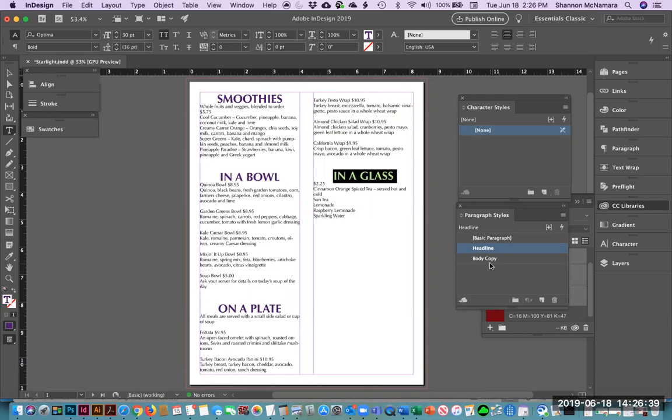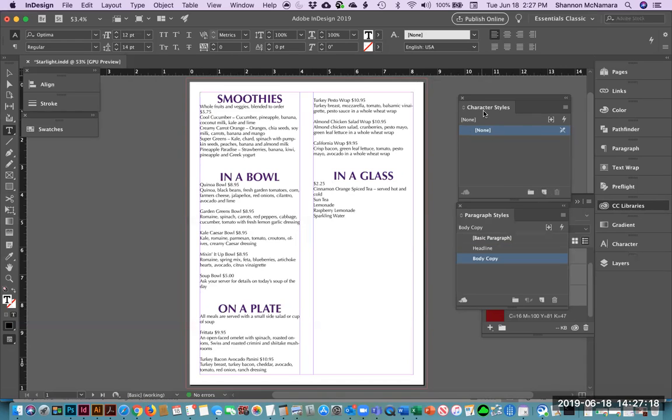So we've got the headline, we have the body copy. Now, I showed you in the live session one way to do those tabs, which was by creating a paragraph style. I'm going to show you another way that you might find easier here to create the tabs, and I don't mind whichever way you want to create them, okay? Just as long as the tabs are there and the leaders are there. So first things first, I want to make my bold